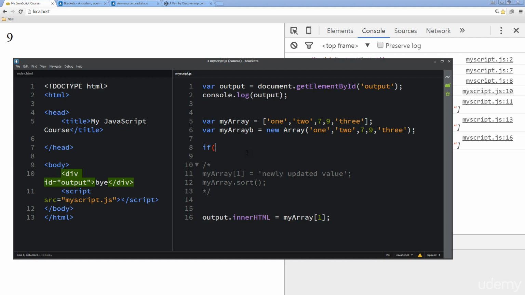Or maybe we'll just keep it really simple and say: if myArray[2] is greater than, let's say, 5,